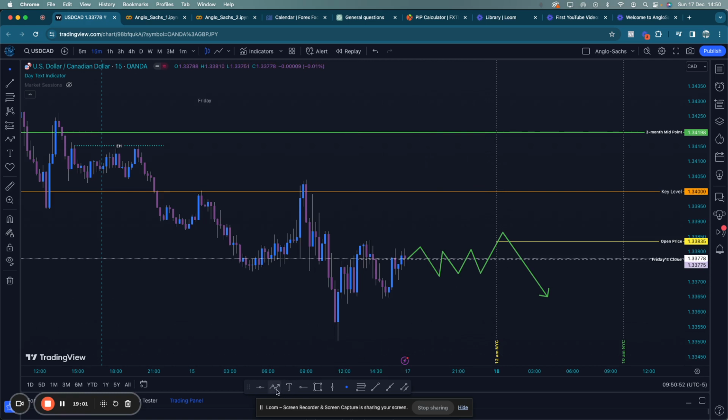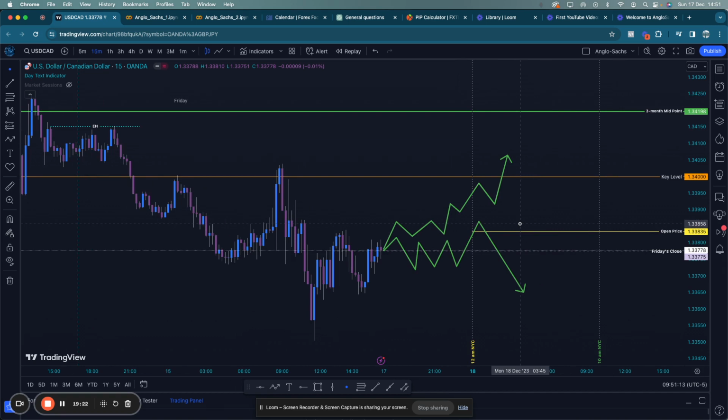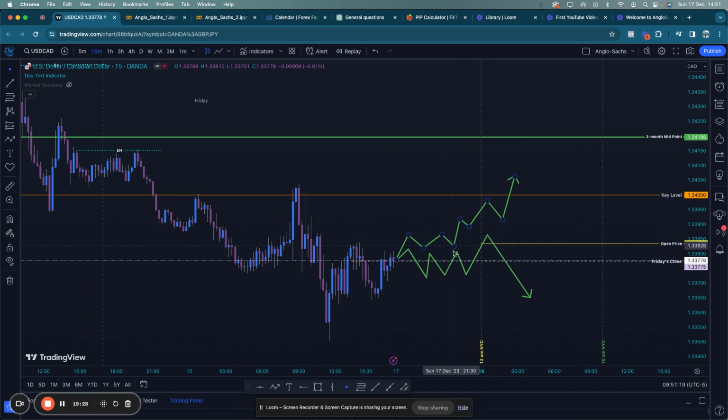Another condition would be that the price opens and then it does this, and it makes a run for this key level, right? That's the second condition, sorry. So first condition, second condition. And what I would like to see is either one or two of these conditions